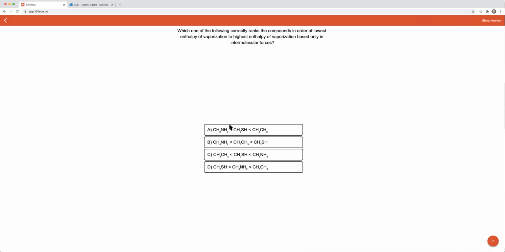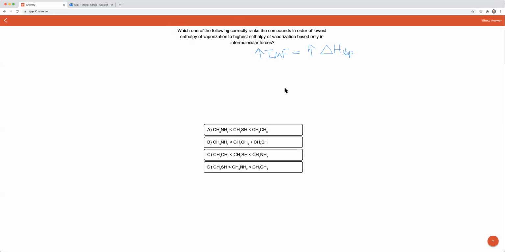Okay, so in this one, we got to do some ranking. This is another kind of question that you could be asked, a typical question from this unit. Which one of the following correctly ranks the compounds in order of lowest enthalpy of vaporization to highest enthalpy of vaporization? The idea here is that the greater the intermolecular forces, the greater the delta H of vaporization. So we have to find the one that correctly ranks them